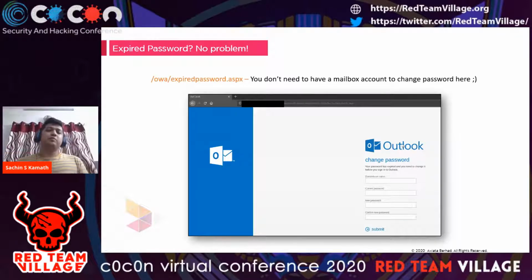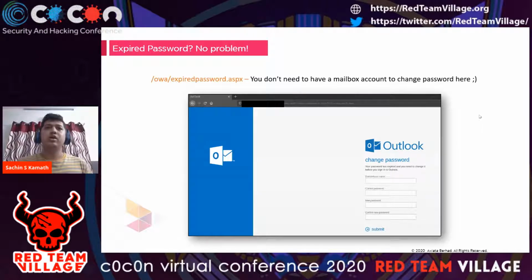And what if you get an expired password? This is something that I always come across, whether you are doing dorks and finding accounts from GitHub. Because of the password policy the company sets, the passwords are usually expired. And if you try to log into OWA in certain instances, it does not allow you to log in. Some OWA does actually redirect you to this page, but some are hardened not to do it. But no problem, you've got it covered, because if you force browse yourself to /owa/expiredpassword.aspx and